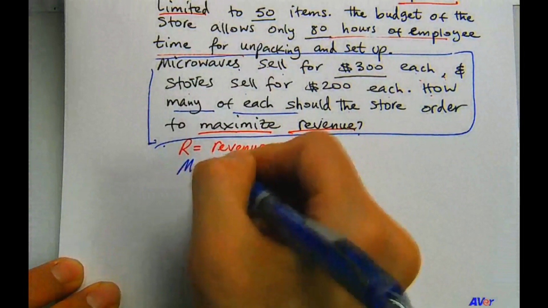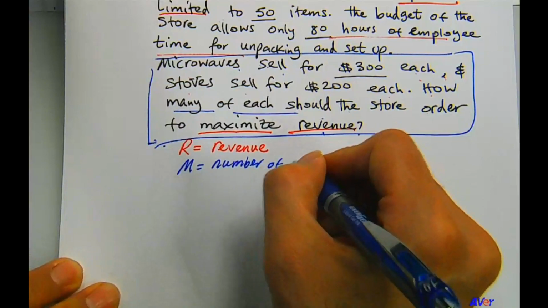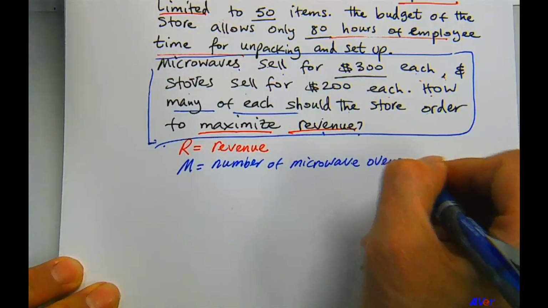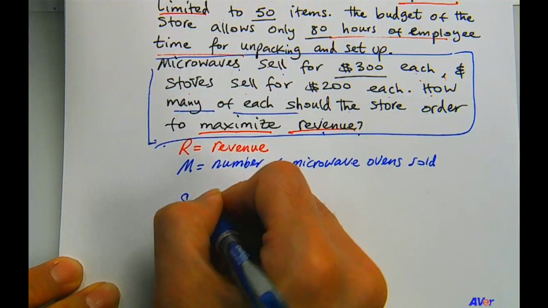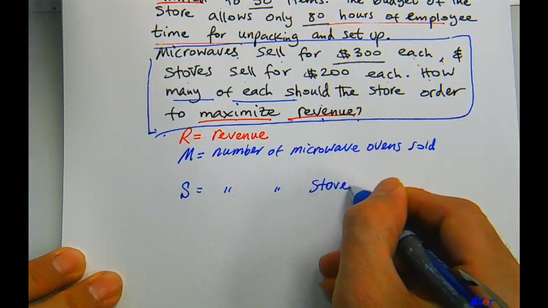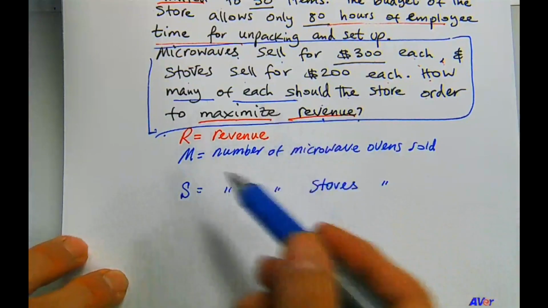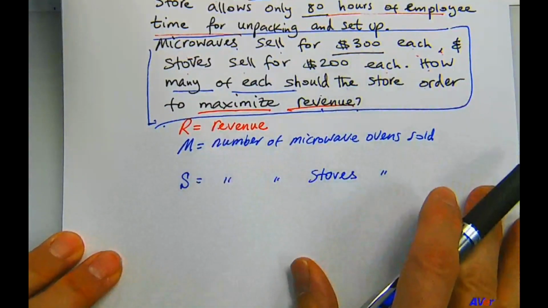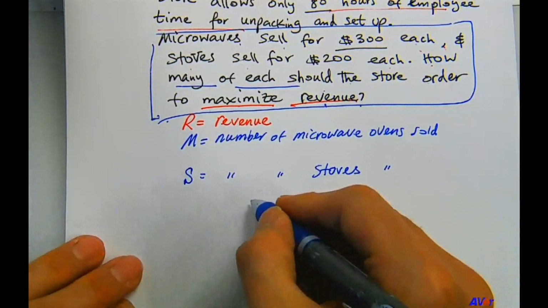So M, let's take that as the number of microwave ovens sold. And let's take S, capital S, as the number of stoves sold. Okay, so given these two variables, let's set up the objective function, which is the revenue function, because that's what we're maximizing. So we can write revenue